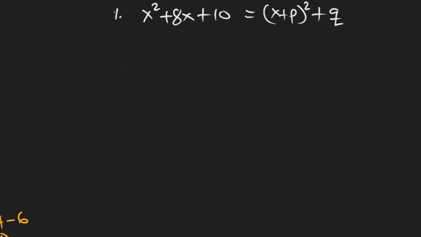So we come to the x. We divide this by 2, or you can say you multiply by half, and then you square it, and then you add and subtract to the equation. So this gives us x squared plus 8x. When I divide this 8 by 2, that will give me 4. So I square it,